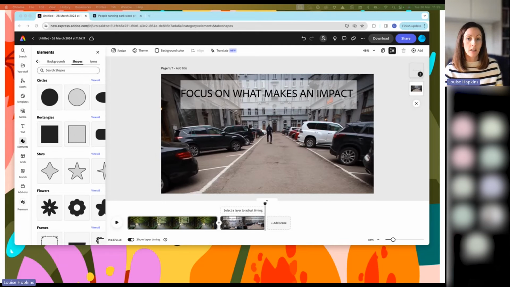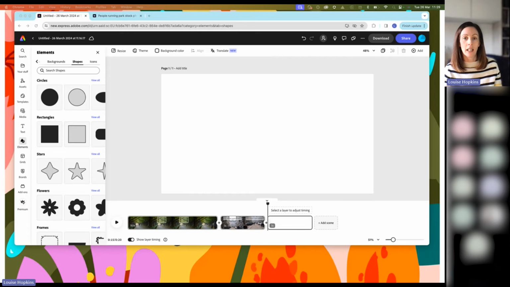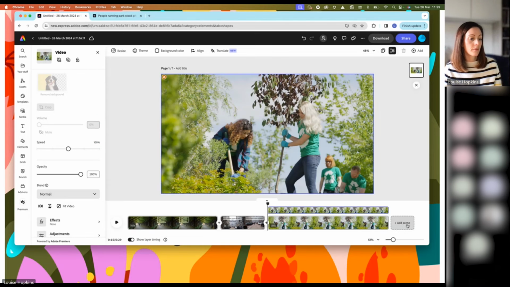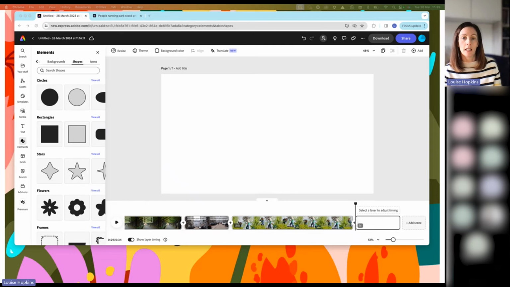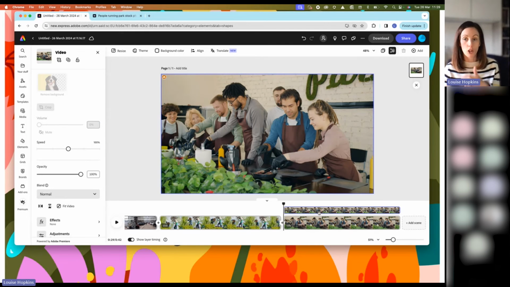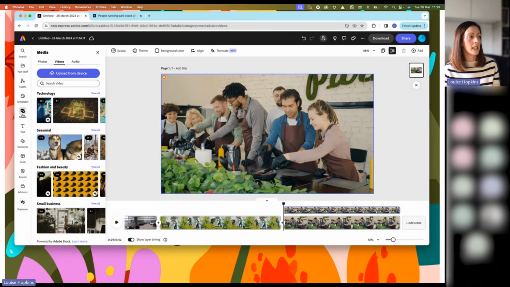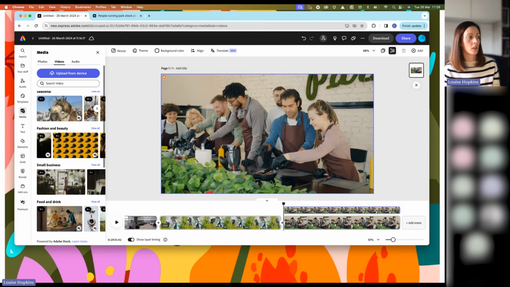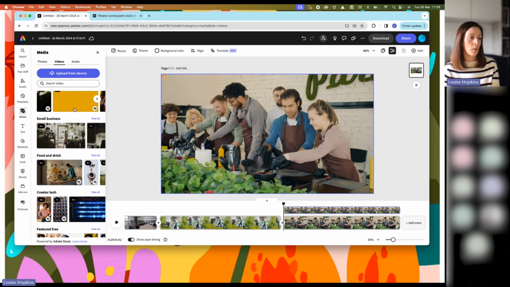Now, I did download other content here, so I'm just going to keep adding in a new scene, and I'm just going to add in this one that I have here of planting trees. I'm going to add in another scene, so just click Add Scene, and I'm going to add in this cooking class. And again, if you're doing this, feel free to either, if you've downloaded from Stock, use that, but if not, go here, click on Media, Videos, and then just search for videos. Just keep adding them in,